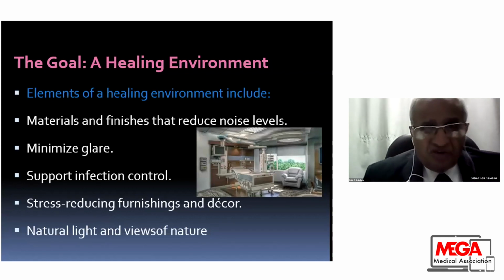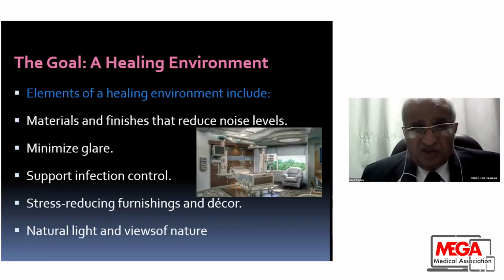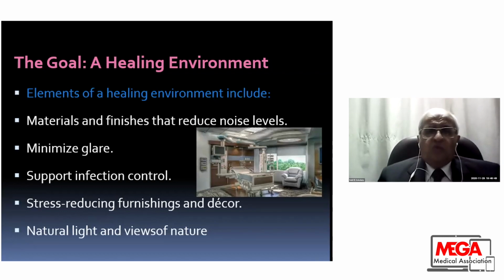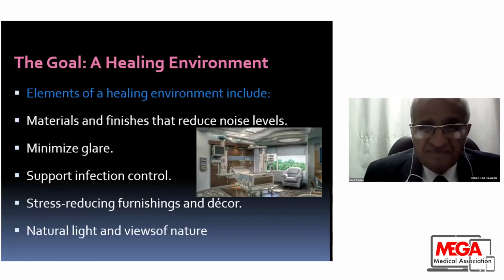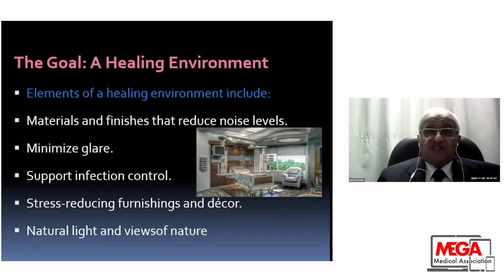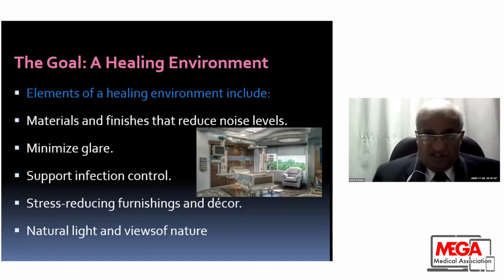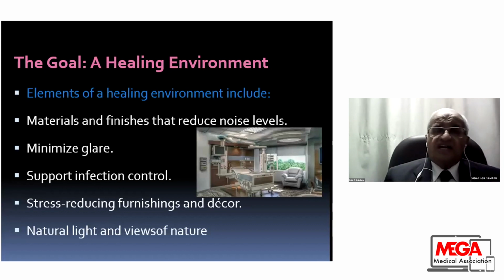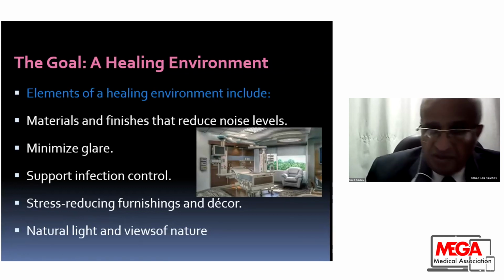Light is very important for the patients in the intensive care. It offers more privacy. It offers better outcome. As we know, the intensive care unit used to be a black box. The patient never knows day from night. The patient, particularly in multi-bed rooms, suffers from noise, suffers when the patient beside him dies, and this affects his psychological condition. So single rooms are better, and that is why natural light is important. In addition to natural light, you should have views of nature or greens, which is quite important.